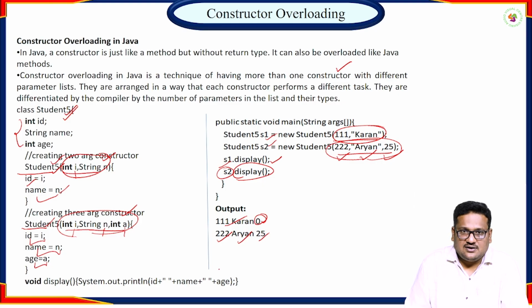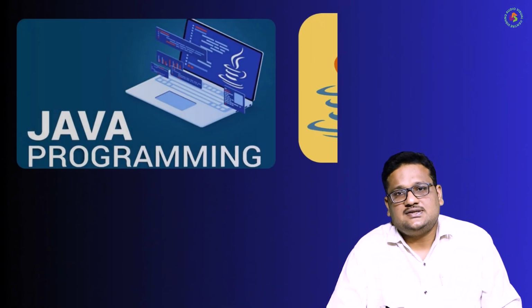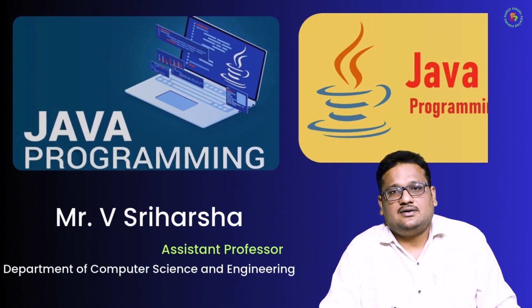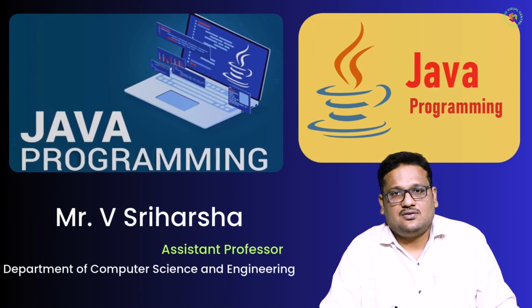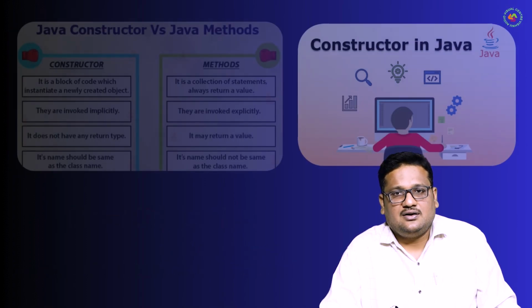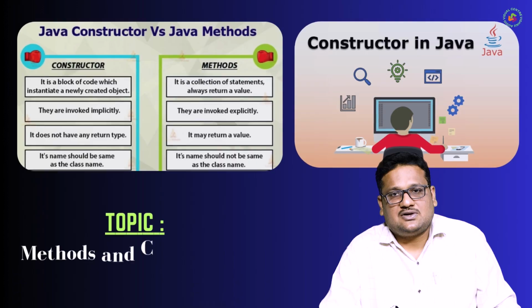So that means if a class contains more than one constructor, the constructors should have the same name. We can differentiate them with the types of parameters or the number of parameters, like in method overloading. So this is the concept of constructor overloading. In this session I have covered methods, types of methods, method overloading, method overriding, and constructors, types of constructors,